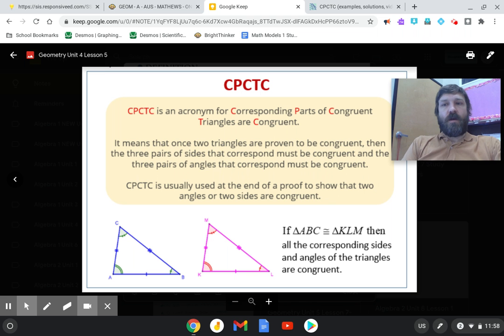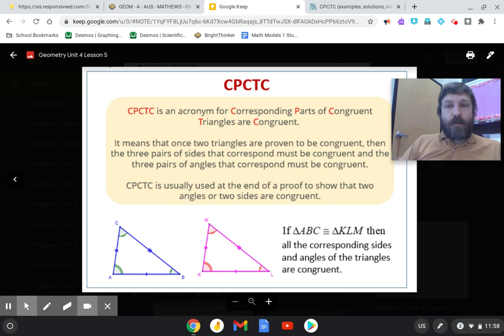So we just got done doing a bunch of lessons where we were proving that two triangles are congruent. And to do that, we were usually using three parts, right? Like side, side, side, side, angle, side. Or if we were doing right triangles, hypotenuse, leg, or something like that. So we've been doing that. Well, CPCTC is that theorem that allows us to say, okay, once we've proven that two triangles are congruent, then